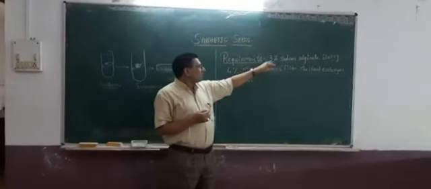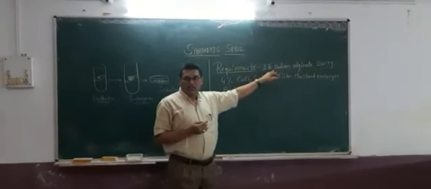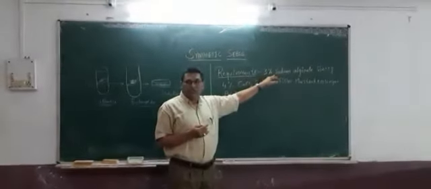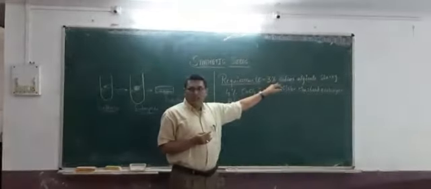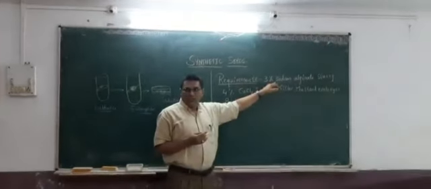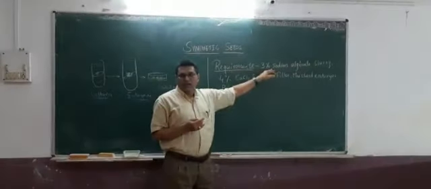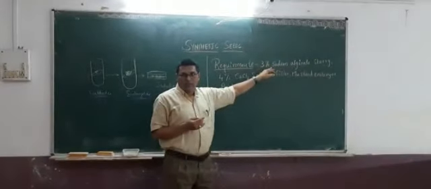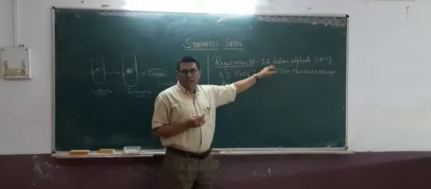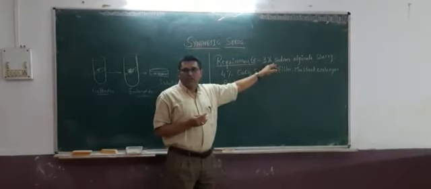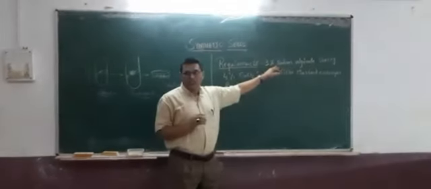To start with, we have to prepare 3% sodium alginate slurry. The procedure is to take 3 grams of sodium alginate powder and mix it in 100 ml of distilled water, or you can take 1.5 grams of sodium alginate and dissolve it in 50 ml of distilled water, so that the volume of slurry is reduced.